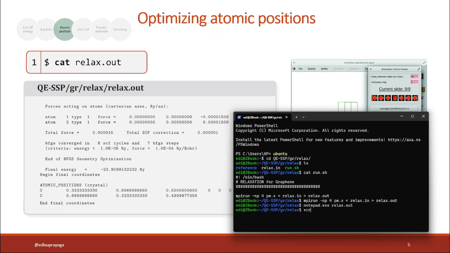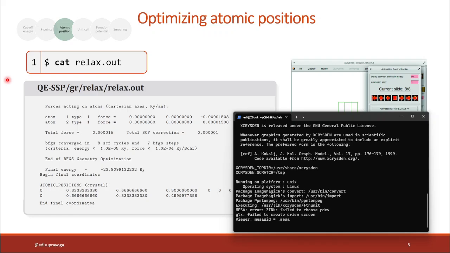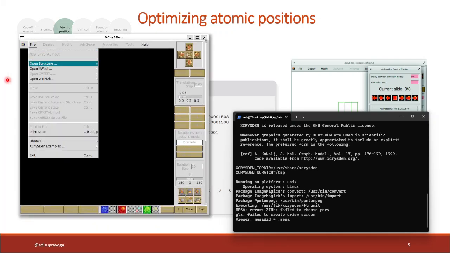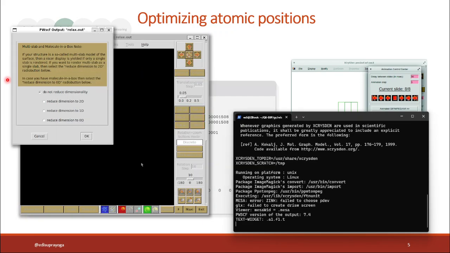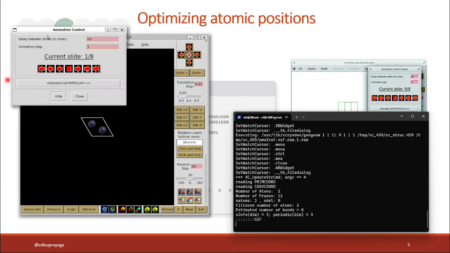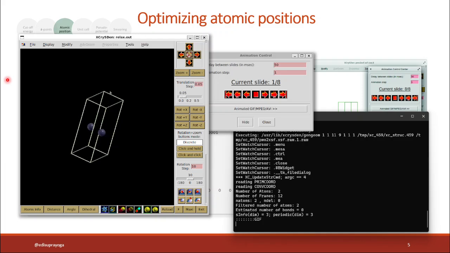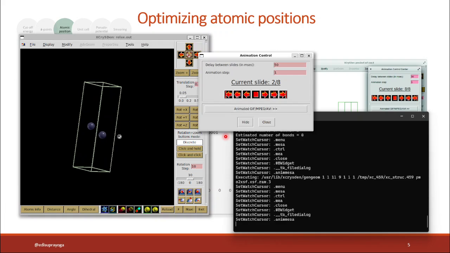By typing xcrysden here, search, open output file, open PWSCF output file relax.out, and choose not to reduce dimensionality, display all coordinates as animation. Here you can see that the second atom will move to the right position.